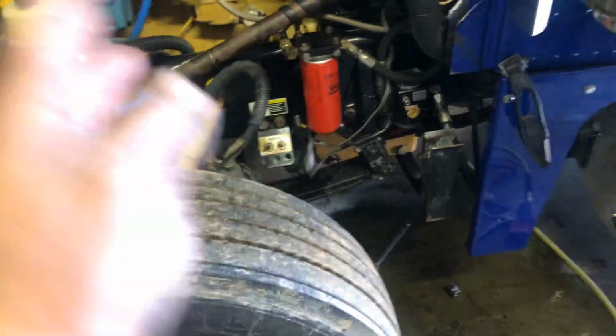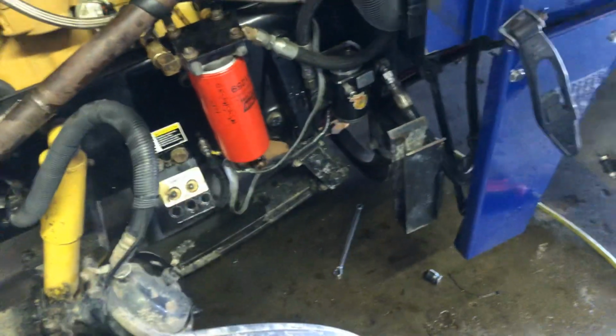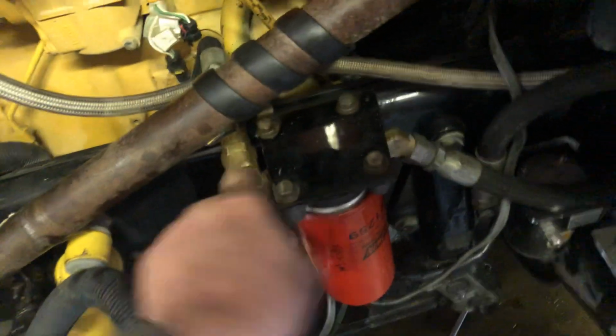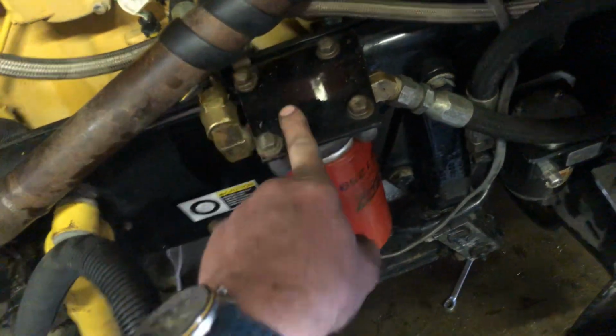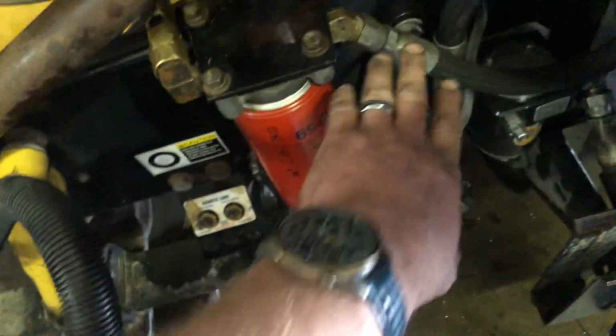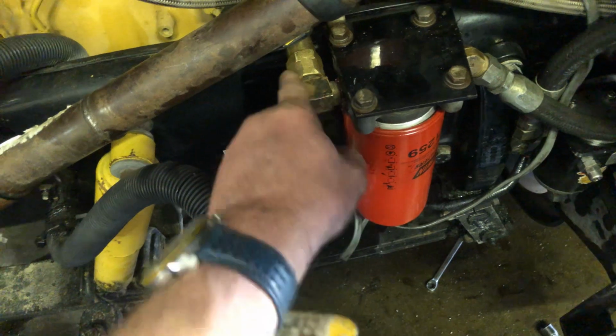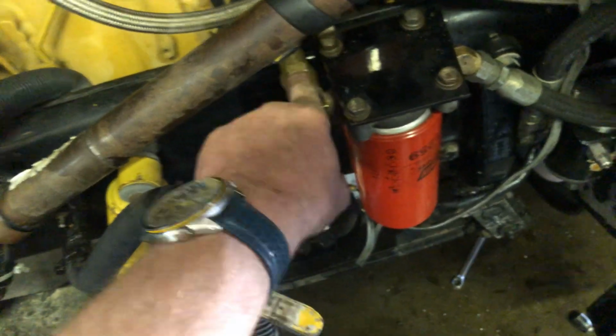So, yeah, some people think, well, replace your fuel lines if you're getting air. They're all brand new, trust me. All these lines are brand new, they're all soft, everything's fine. So if I put that tool before the fuel filter housing, the primary one, which is a water separator, there's no air whatsoever. So I put that line back on, and I put the tool right here, the see-through glass deal